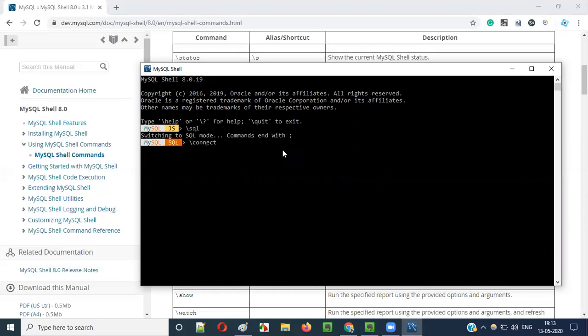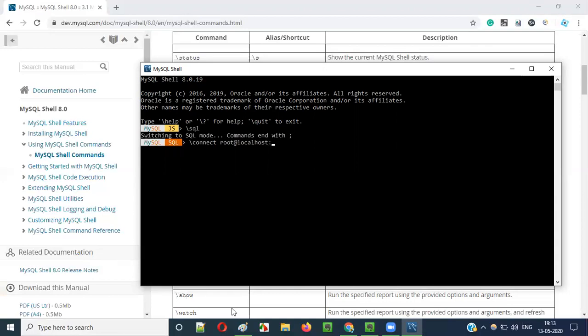Then after this, we have to provide root@. Root is a username, guys. Root is the username, @ the server IP address. Since the server is on my local machine, I don't have to provide the IP address. If the MySQL server is on a remote machine, then after @ you have to provide the IP address of that remote server. But since the MySQL server is installed on my machine itself, I simply say localhost. It will pick up.